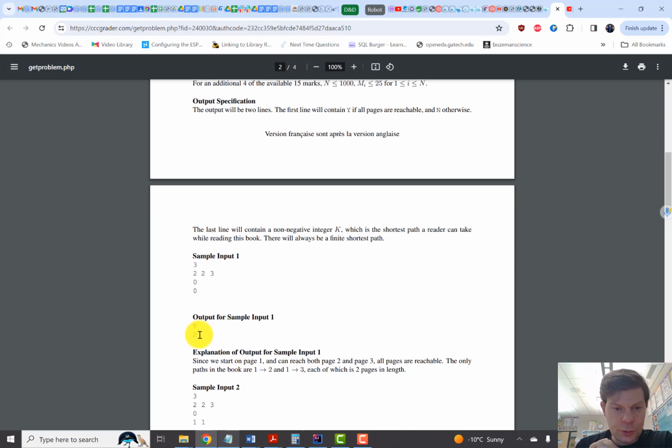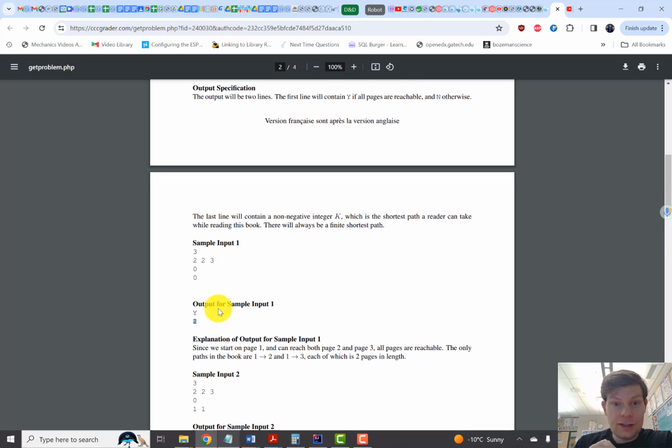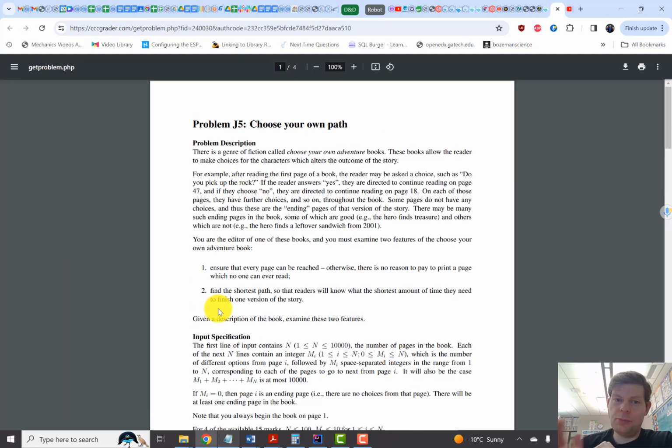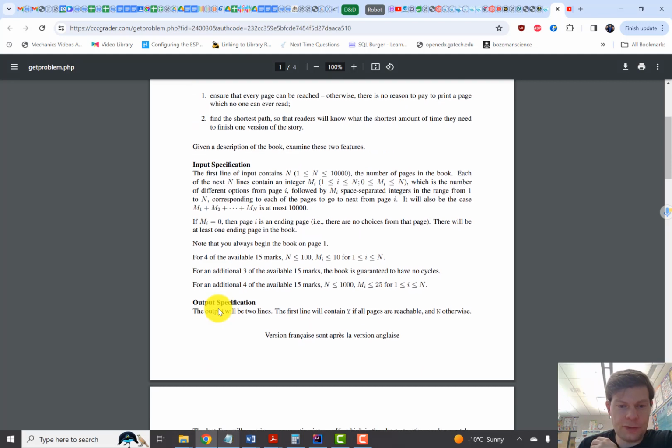Keep in mind our shortest path is 2, because it does include page 1 and page 2, or page 1 and page 3 are our shortest paths. And so that's what we've got to do. So this is a perfect question for learning breadth first search. This is basically breadth first search,